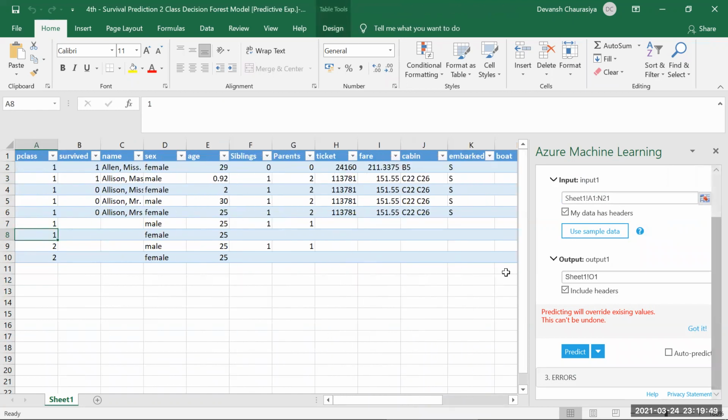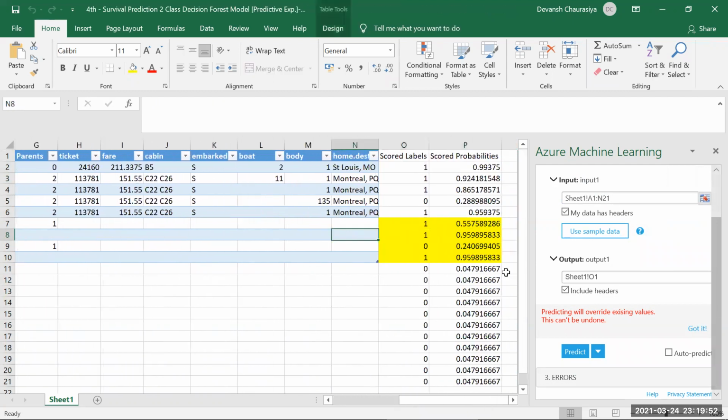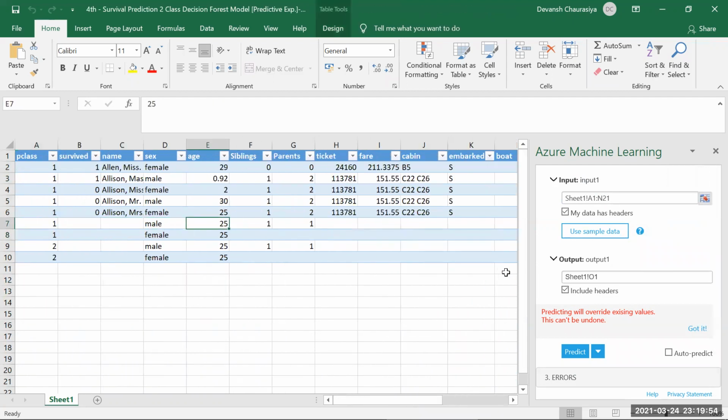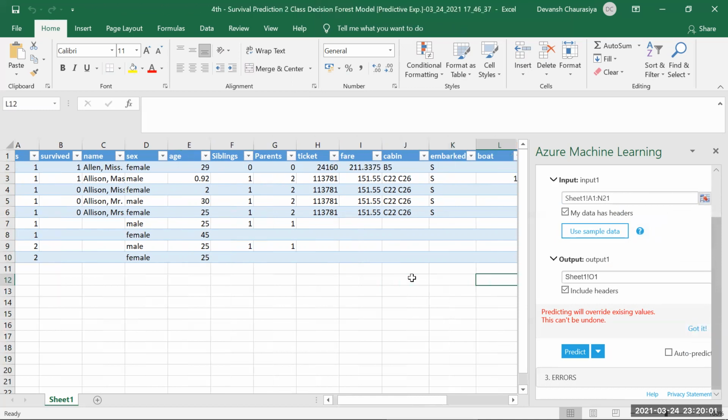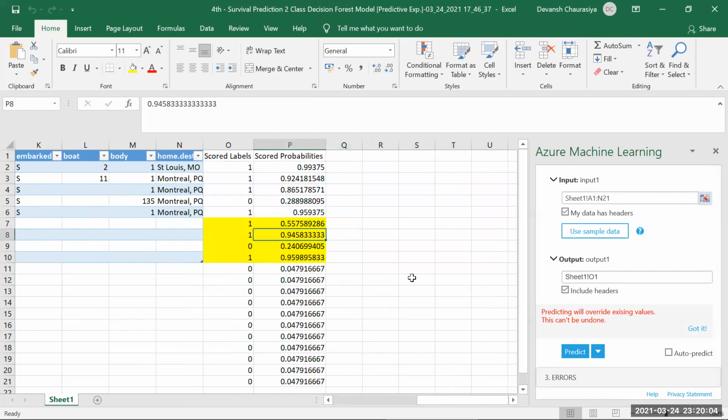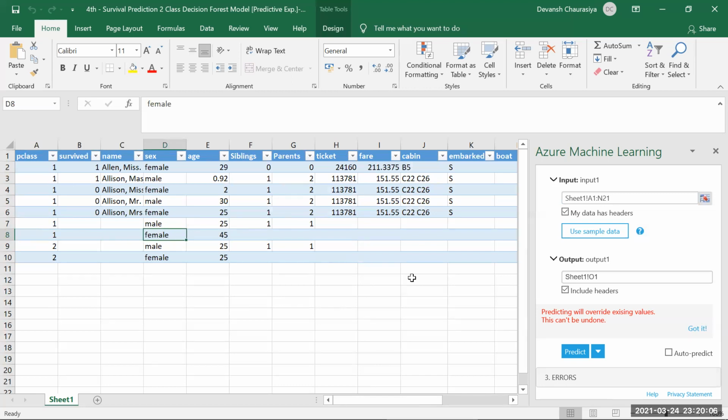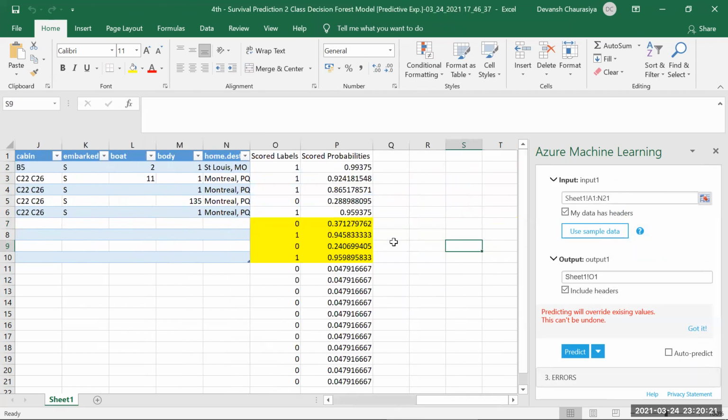Okay, cool guys. So you have to use this particular model. And what if I increase the age to 45 and I click on predict? So if I increase the age to 45, it does not matter. And if I make it 18, it reduced to 37.